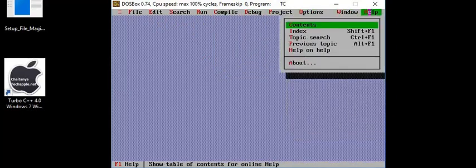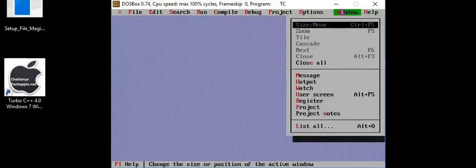Help is really very important. I request you to go through it at least once from the index. There you get help on all functions available in the C language. Notes are available for you. Examples are also available within contents and index. Please go through it. Window menu. The window menu has options like close, which helps us a lot to close the open file.